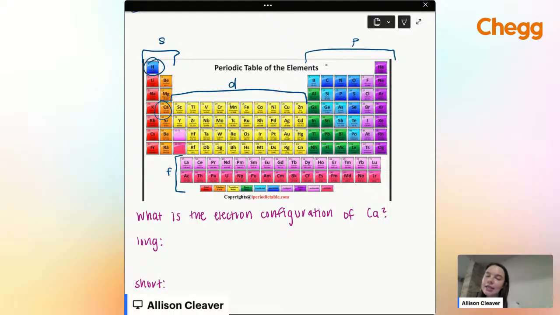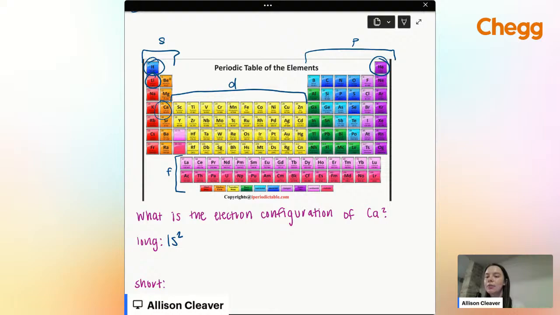We start with 1 and 2 S. So we have our 1S, which is hydrogen and helium, because S has 1 orbital of 2 electrons. So the 1S has 2 electrons. All S orbitals have 2 electrons. Get that in your head. S has 2, P has 6, D has 10, F has 14. Also, based on how we label, you can tell that by how many different columns those S, P, D, and F labels entail. So we have 1s2 because hydrogen and helium are both present before we get to calcium.